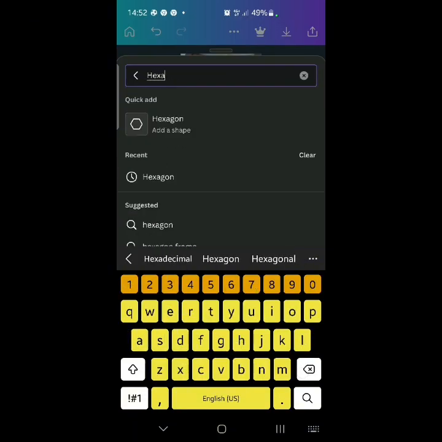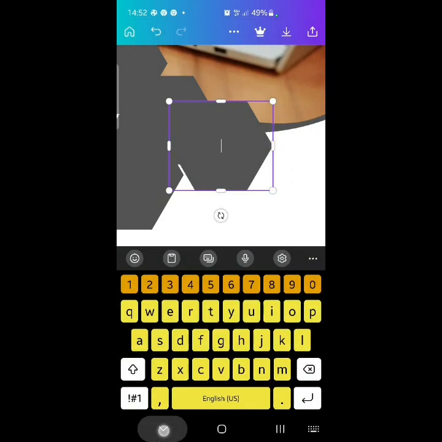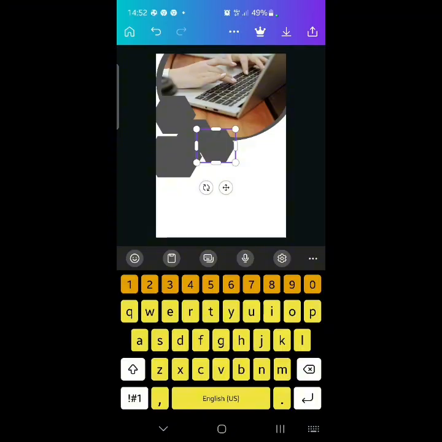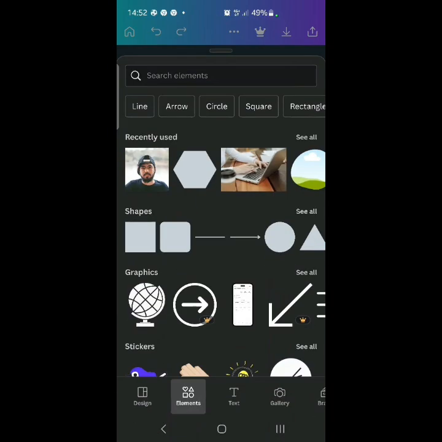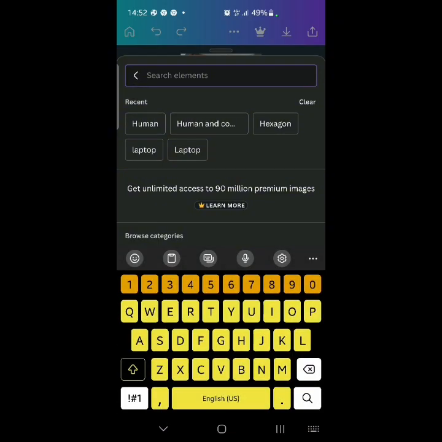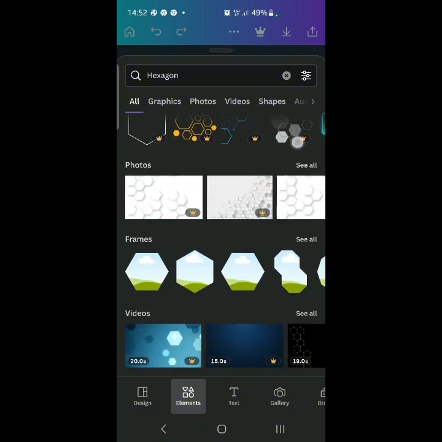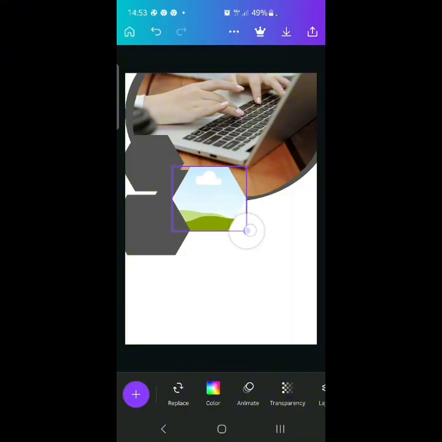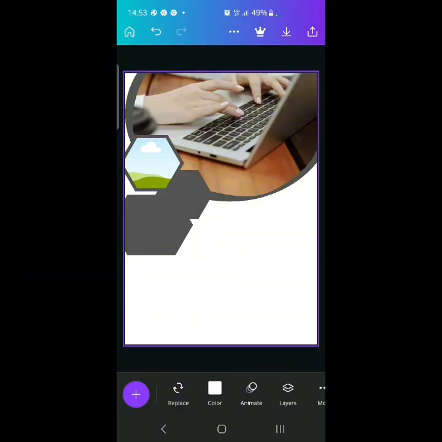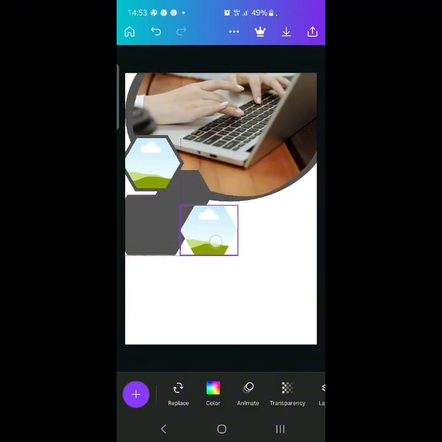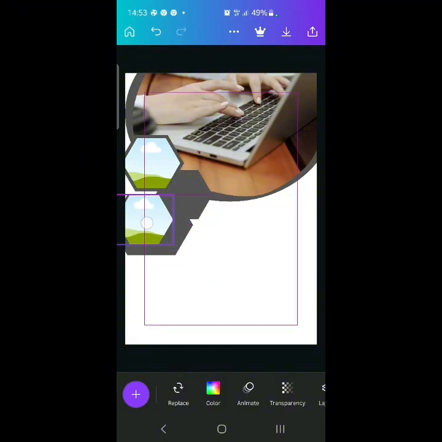Of course this will give me both shapes and frames. Okay, not this. So go back, search for hexagon, wait for it to load. Alright, great. So I've got shapes in hexagon, I've got frames in hexagon. So I will pick, let me see, is this what looks like what we have? Yeah. So I resize it a bit, put it here. Great. So just to duplicate this, resize to fit what you want,